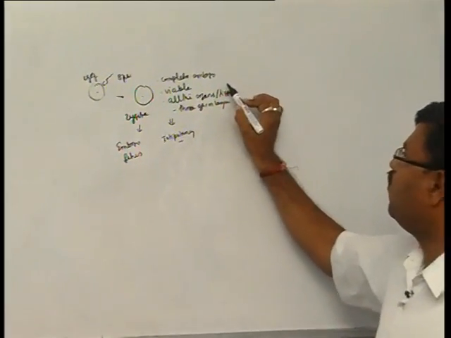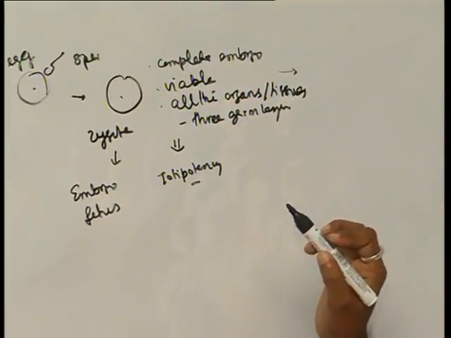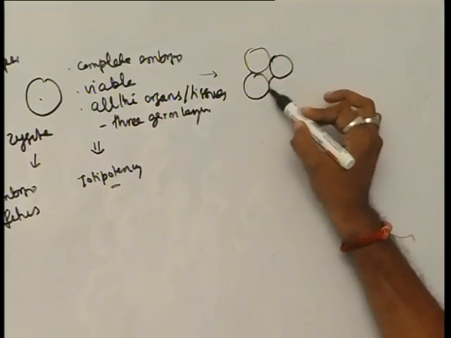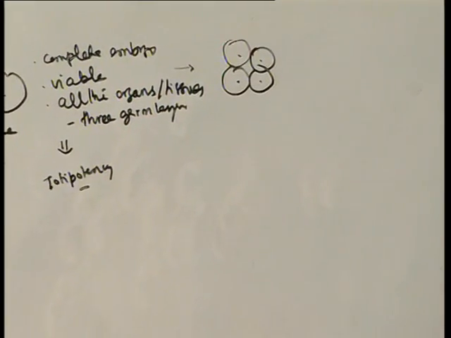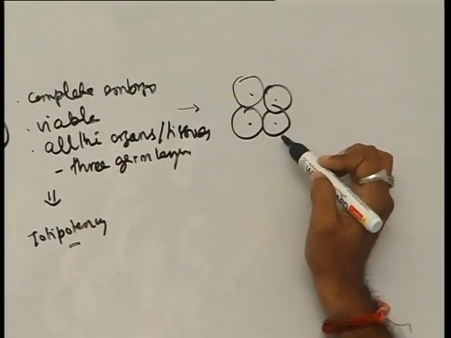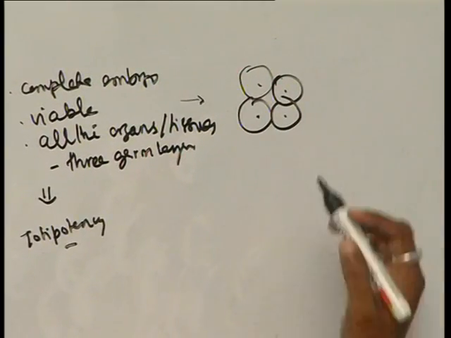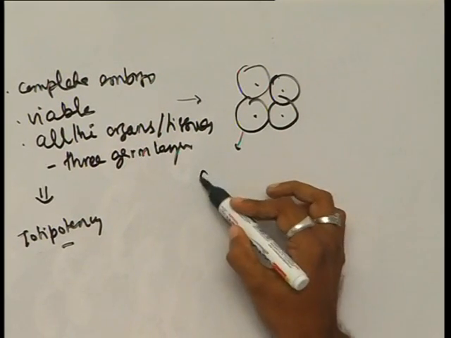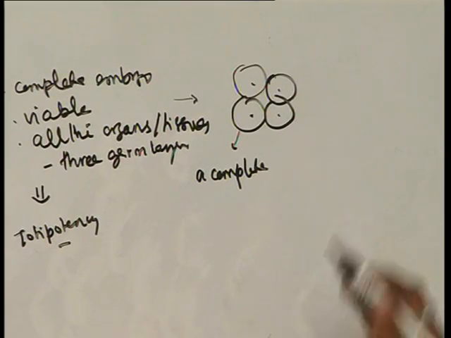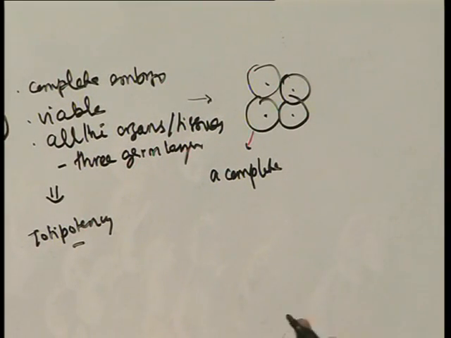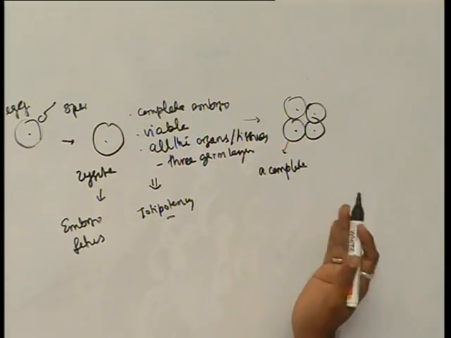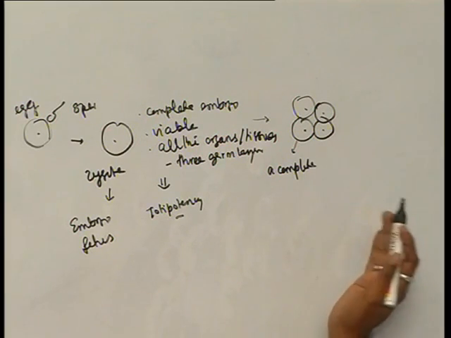Beyond the zygote, the zygote now divides, say for example 2 divisions, 4 cells. Now if you disaggregate the cells, or just remove the cells, then each one may form a complete embryo, but not beyond 4 cells. So that means a zygote loses its totipotency if it goes beyond 1 or 2 divisions.